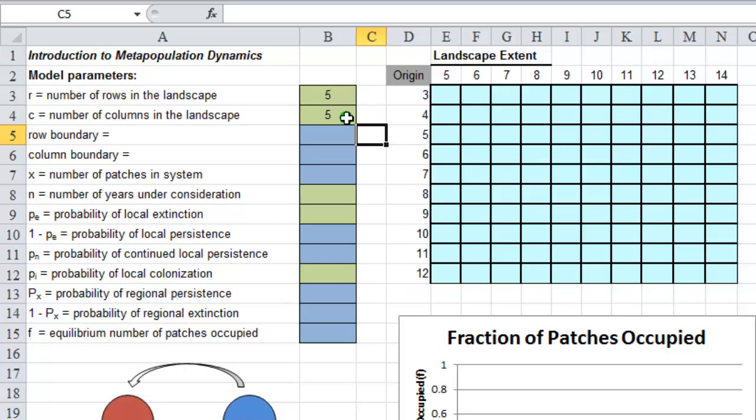With a 5 by 5 grid cell here, we're going to be considering 25 patches, and we'll enter that as an equation, B3 times B4. What we need to do now is enter an equation in cell E3 that will return the number 1 if this is part of our 25 patches, and it will return the number 0 if it's not part of the 25 patches. To help us do that, we're first going to calculate the row boundary, and we're going to use